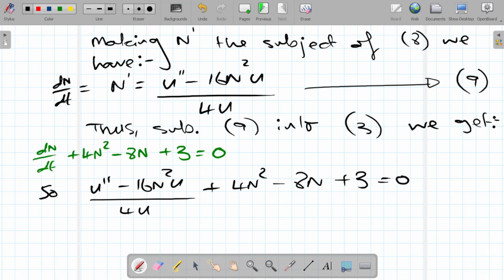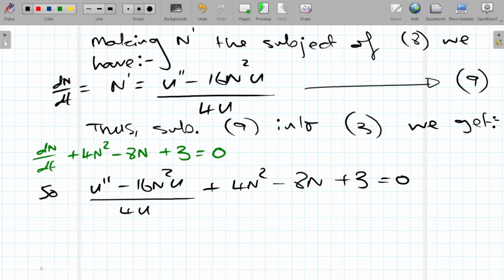Okay. Now I haven't given that a label at the moment, that equation, but what we do is multiply both sides by 4u to get,